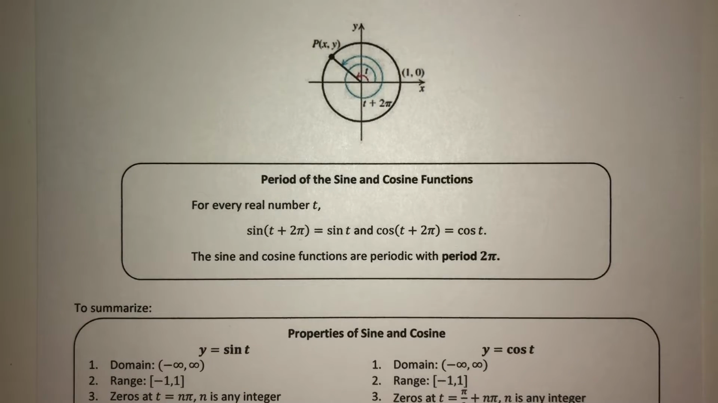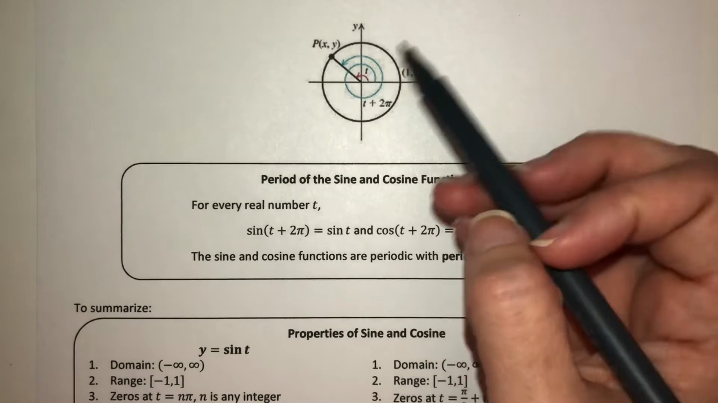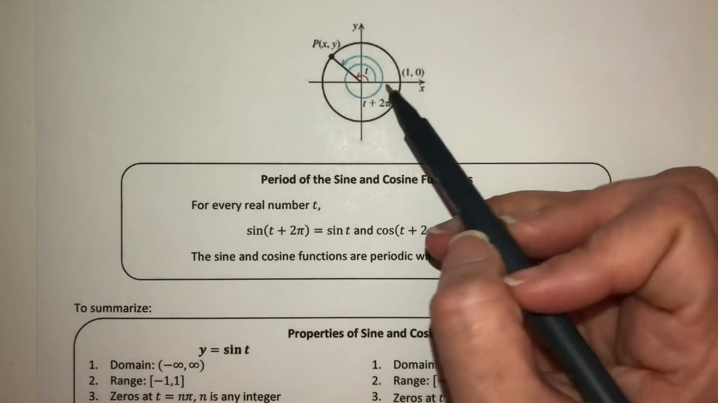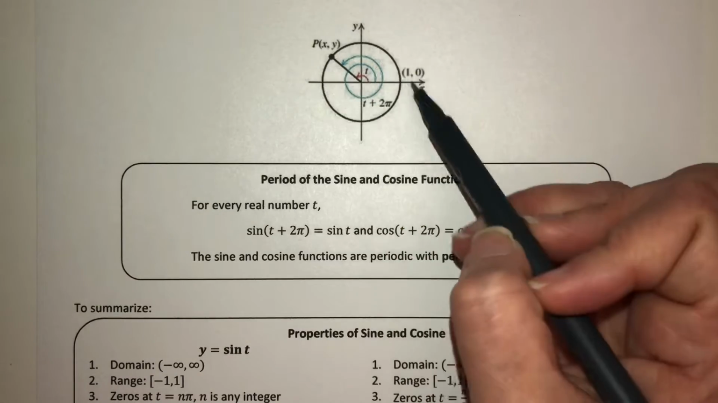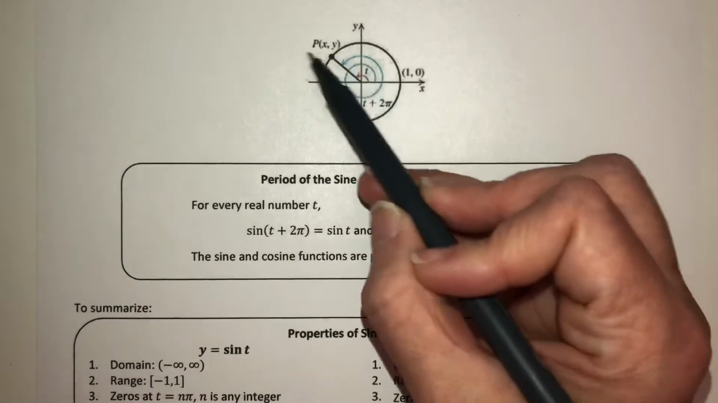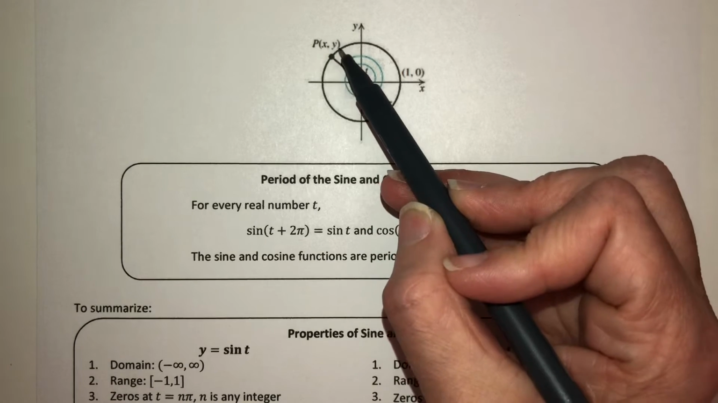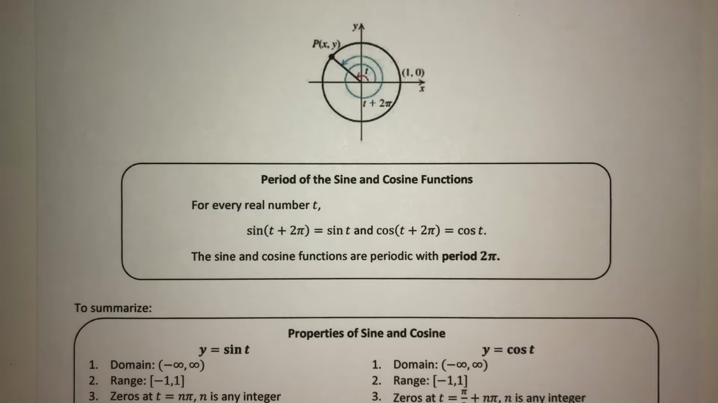This is part 2 of section 4.4. And this is just an image to remind you that we can go around the unit circle as many times as we need to, and we're still going to be talking about the same terminal point, so we have the same trig value. We have the same x value, same y value, so we have the same sine and cosine